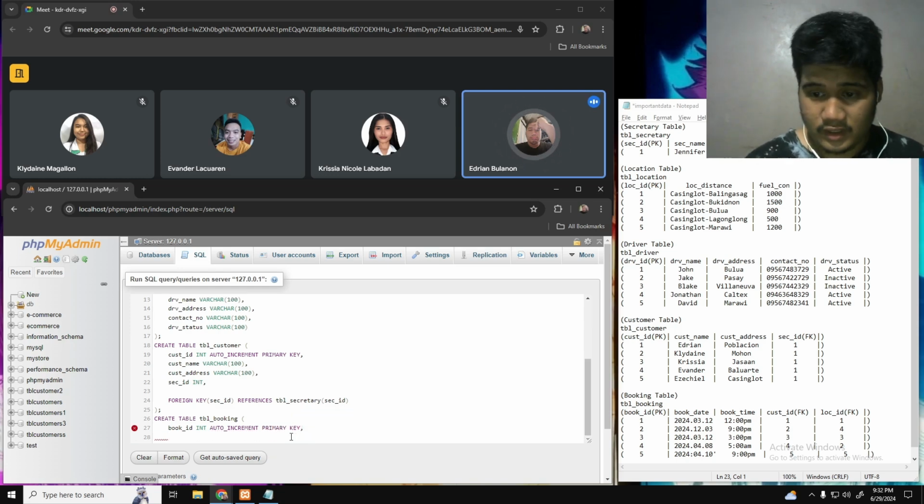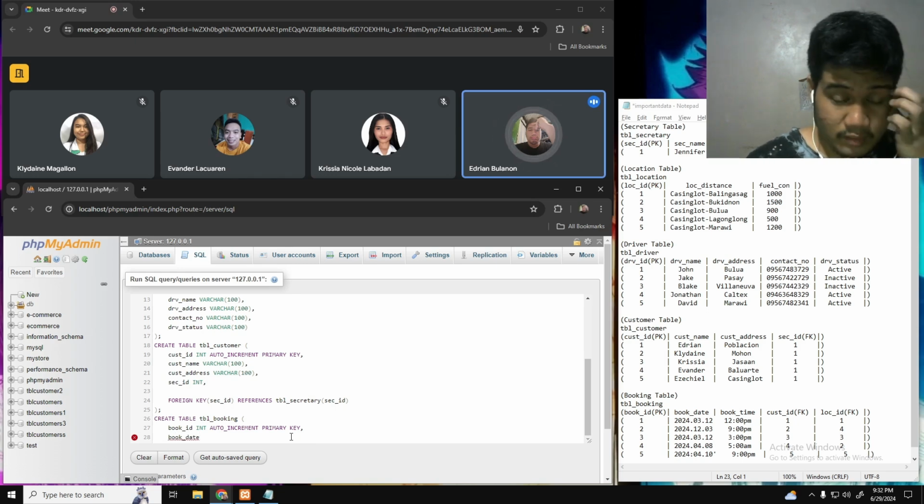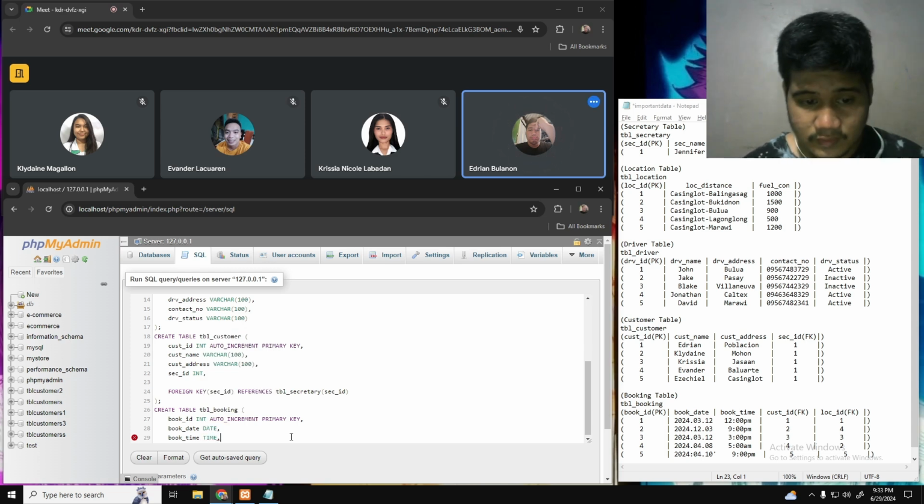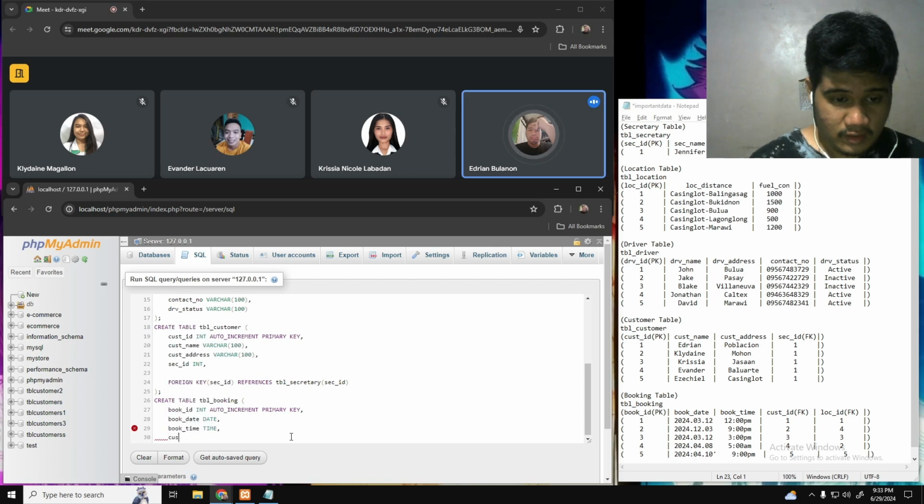Then we're gonna put book date, and since we're gonna input a date in the book date column, we're gonna put date data type. This is the book time. Since we're gonna input time, its data type is time. And then we're gonna put customer ID column, which is our foreign key from table booking. So customer ID integer